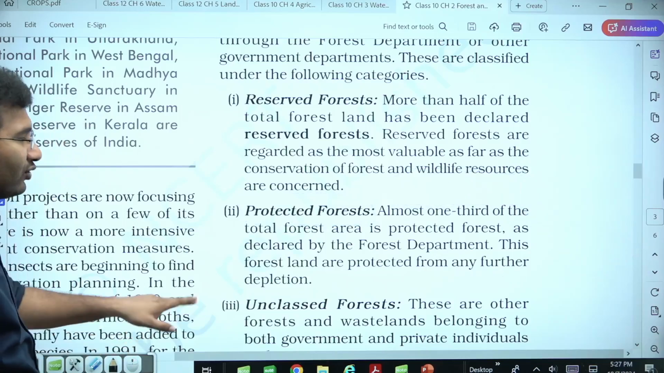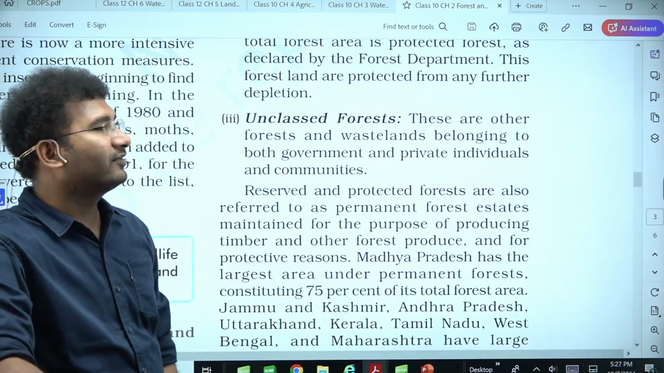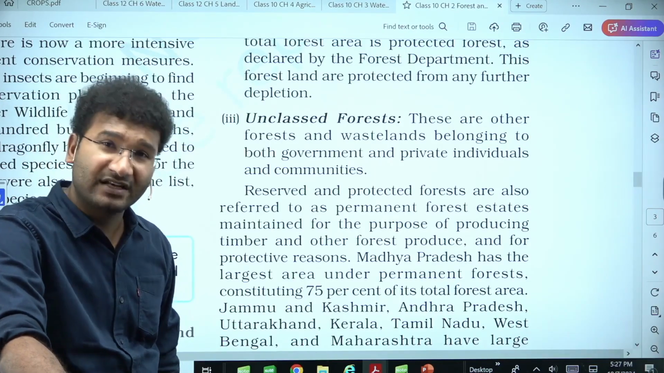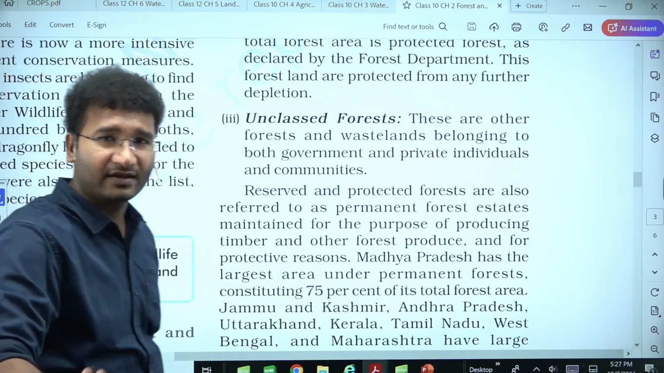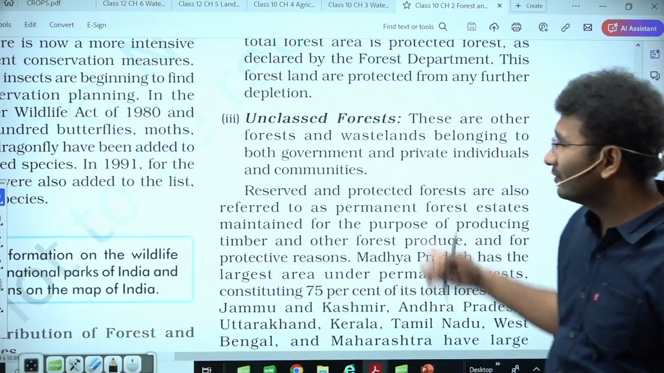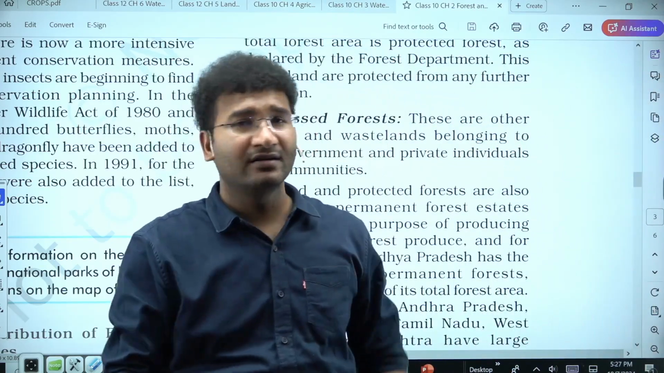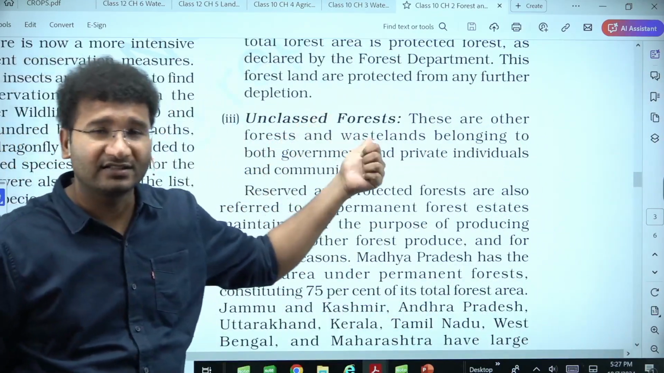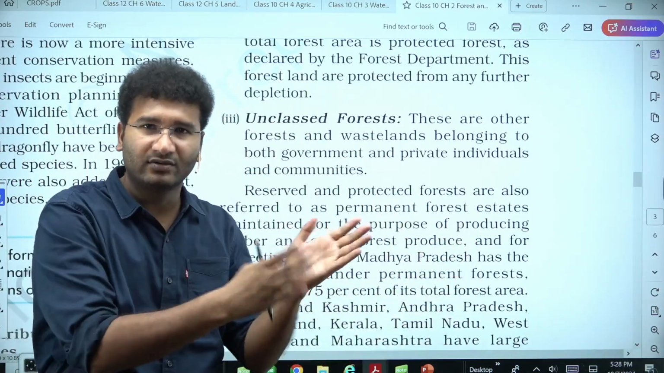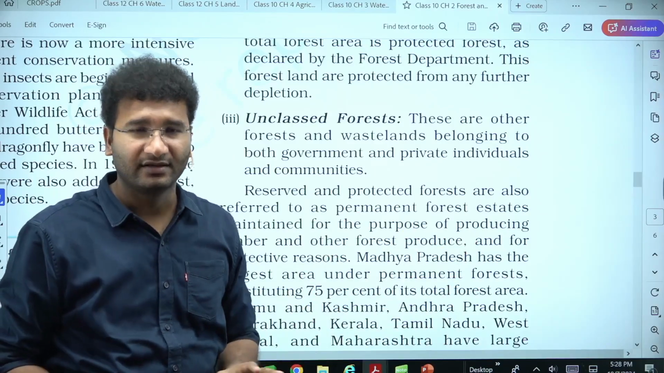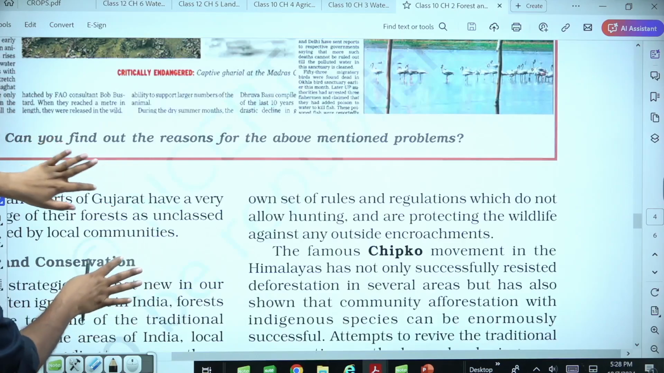Likewise, a forest can also be declared as unclassed forest. These are other forests and wetlands or wastelands belonging to both government and private individuals and communities, right? So these belong to government, private individuals and communities; they are unclassified or unclassed forests. Basically, the Department of Forest looks at the forest land in these three categories, right? So apart from this, what else do you need to know? You need to know what are the